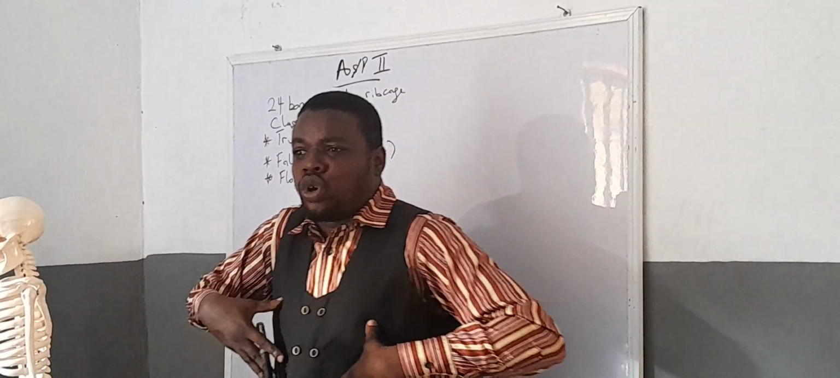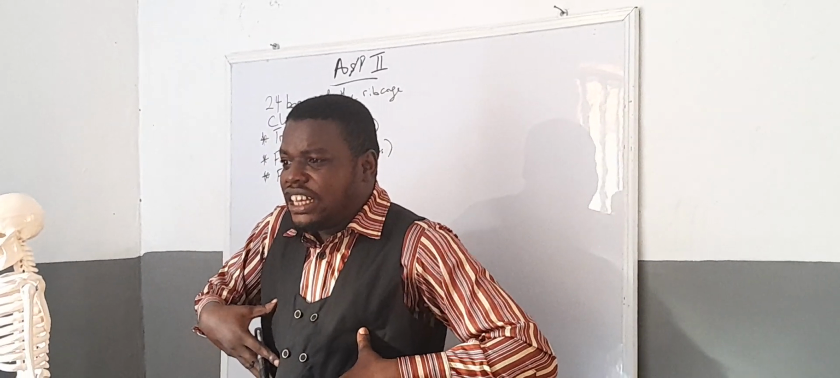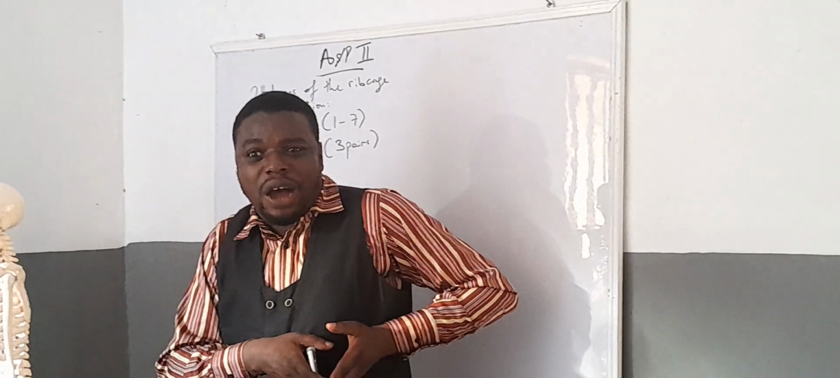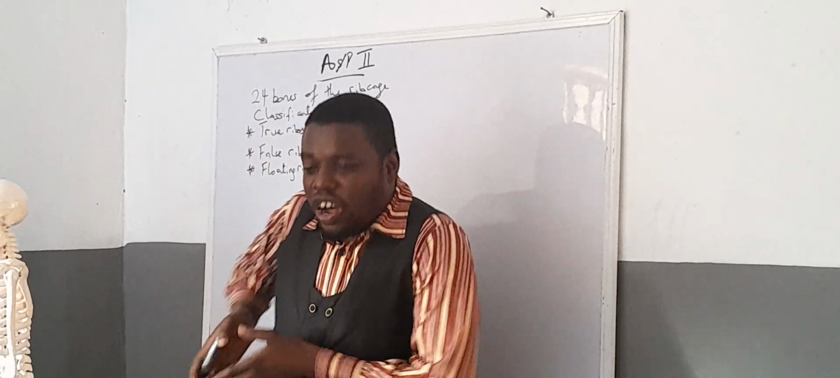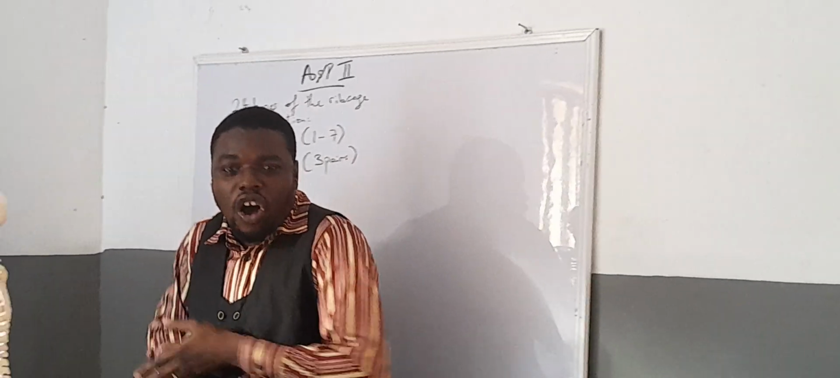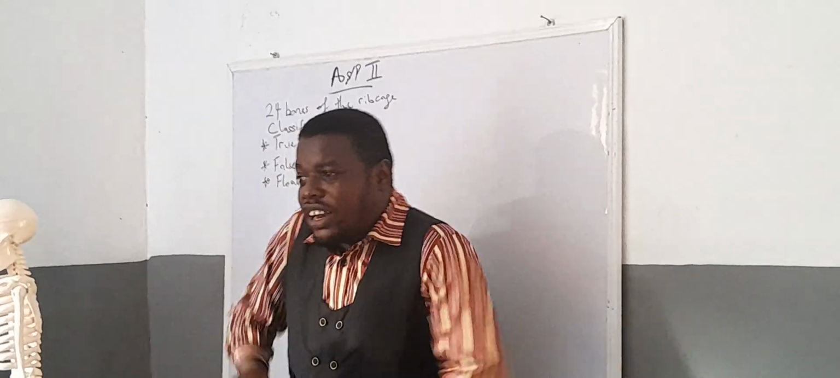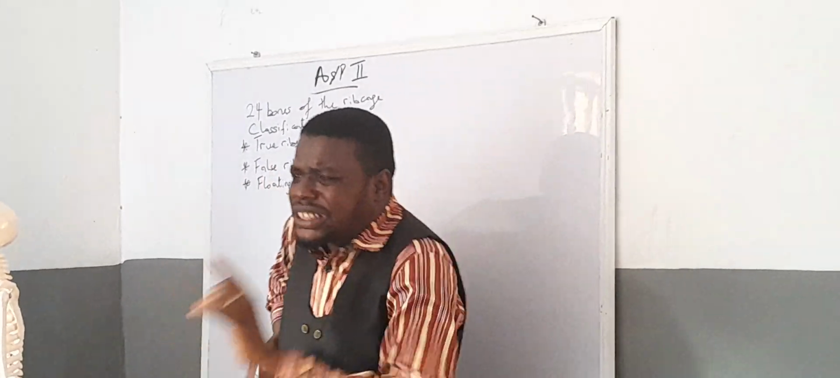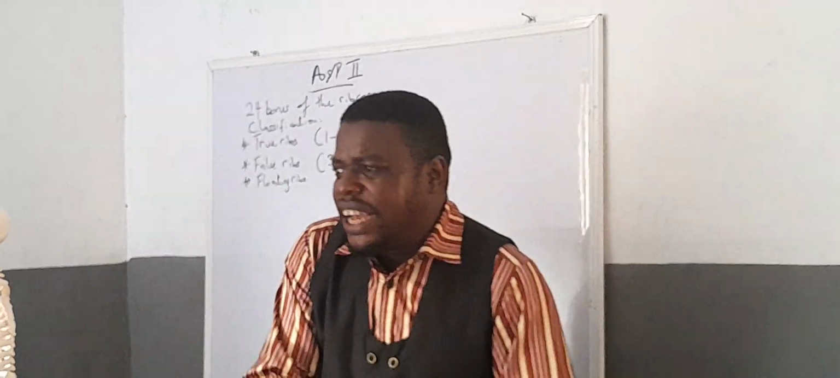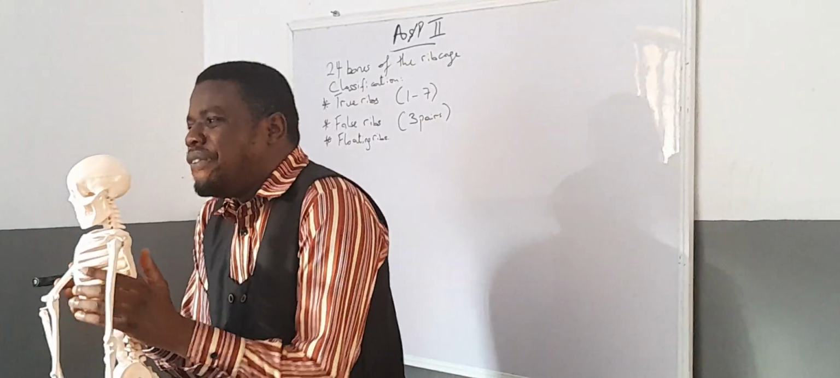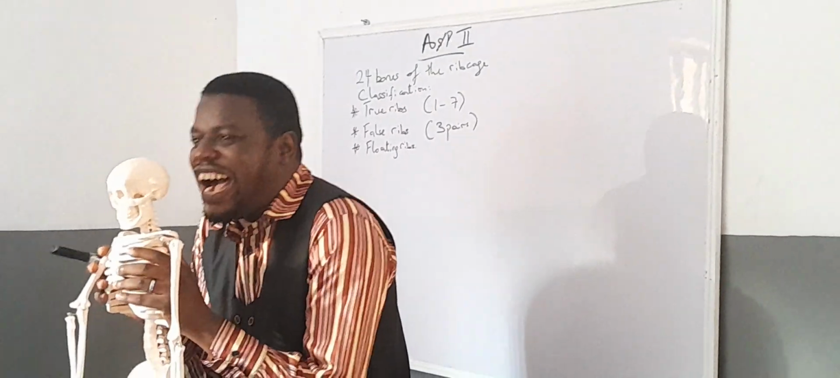A total number of how many bones? 24 bones. And when we say 24 bones, it's divided into two sides. On the right, how many? 12 pairs. On the left, how many? 12 pairs. And we say one of the major functions of the rib cage is to protect the vital internal